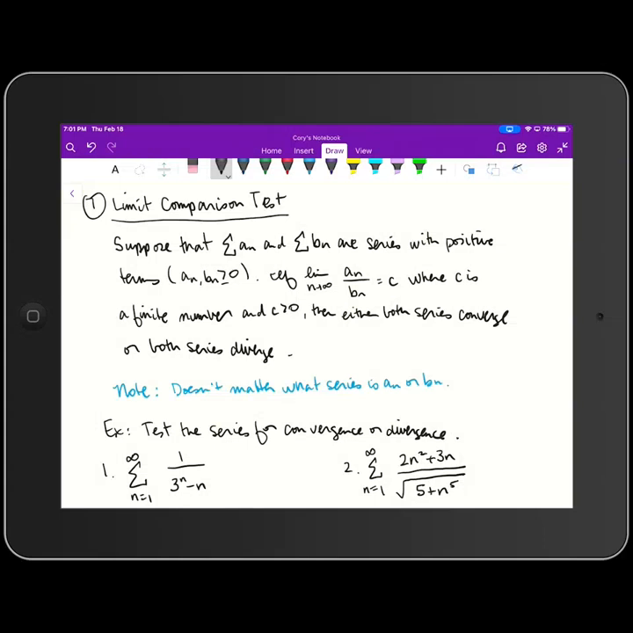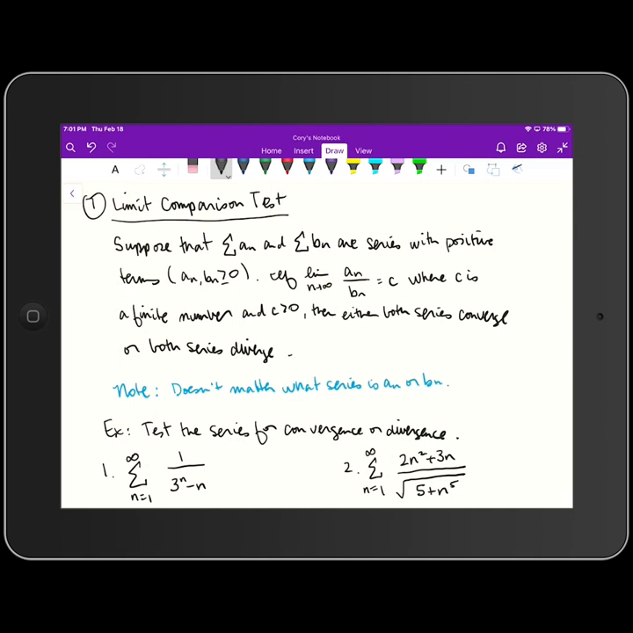Okay, so we're going to finish up the lesson that we started in class today, looking at our seventh test, which is the second test in section 11-4, which is the limit comparison test. And in a lot of ways, this is similar to the comparison test that we looked at earlier in this